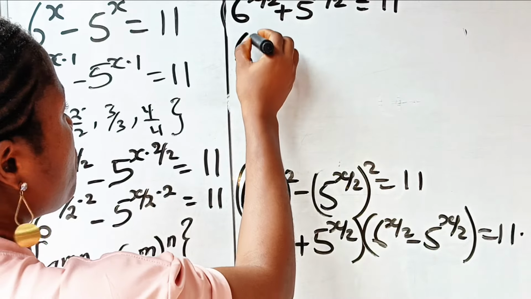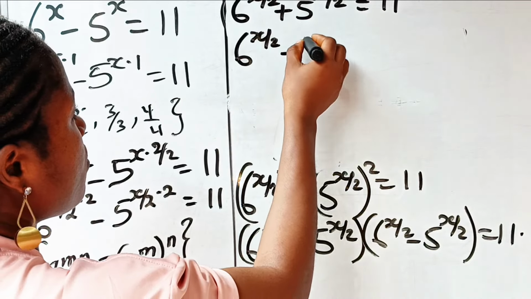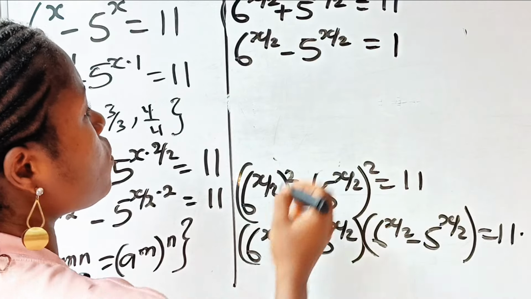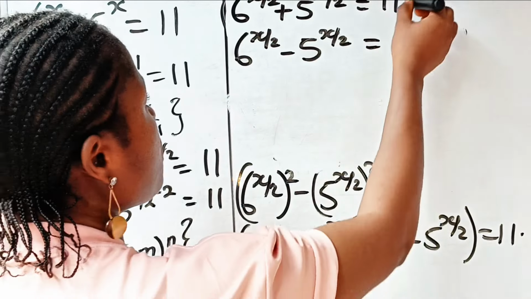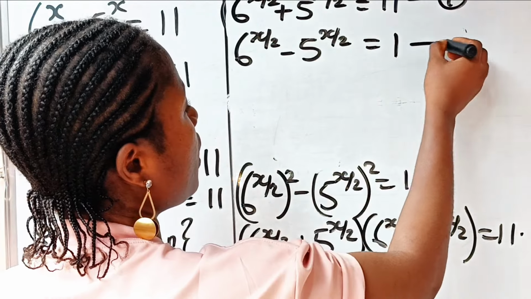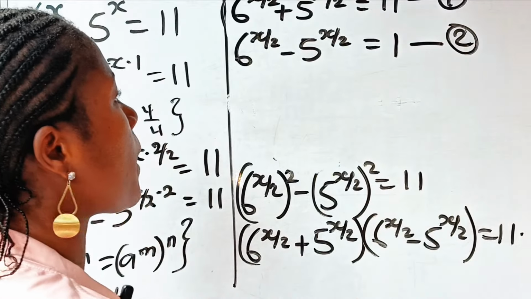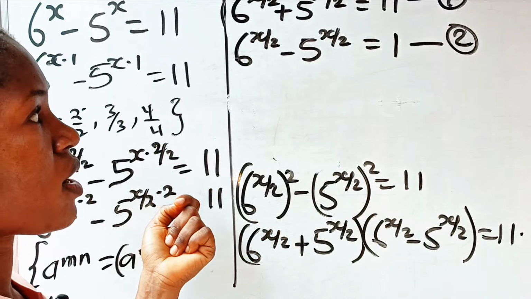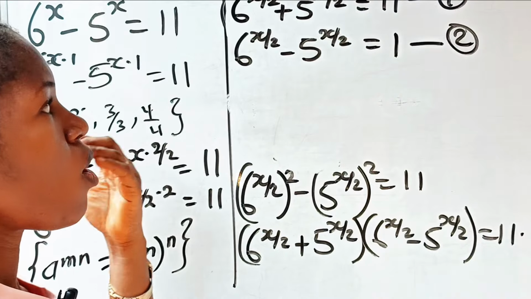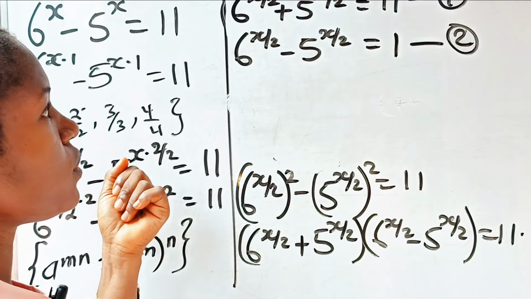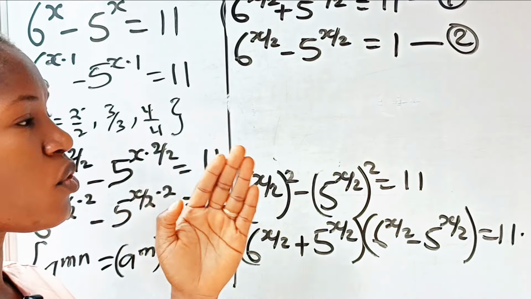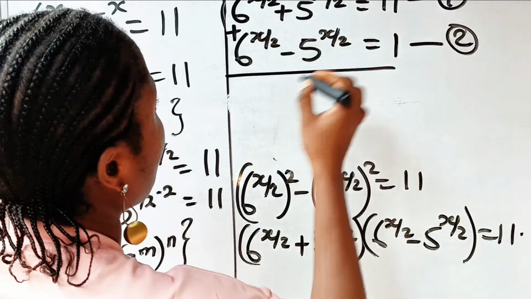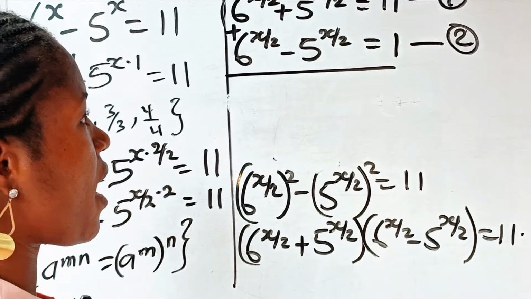And 6 to the power of x over 2 minus 5 to the power of x over 2 is equal to 1. Now let's call this equation 1 and call this equation 2. Having done that, we can subtract, right? Or we can add. Either one you do is going to definitely remove something for us. So let's add. Now, if we add,